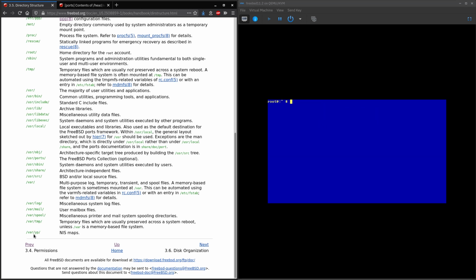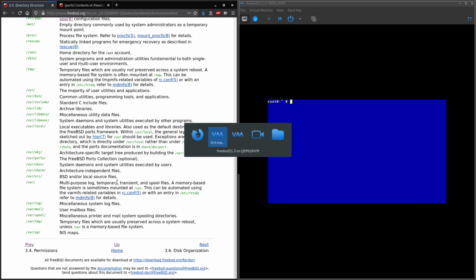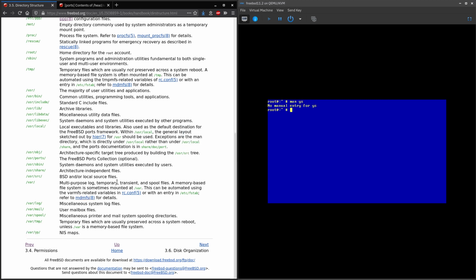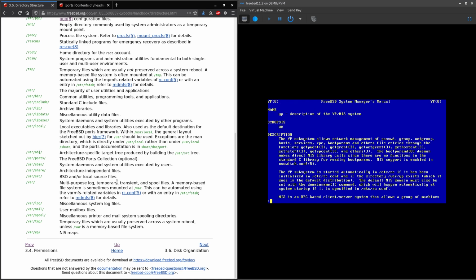And then lastly, var-yp. So it's for NIS maps. I'm actually not really sure what that is. Let's look at man-yp. YP NIS is... Oh, I think YP stands for Yellow Pages. Network management of password, group, netgroup, host, services, RPC, bootparams, and other ethers file entries. I'm not really sure what that is, but